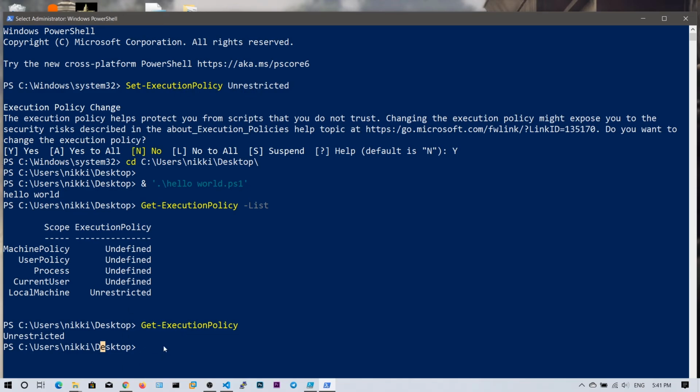So that's how you change the execution policy by using Set-ExecutionPolicy. And I have shown you that method, right, the PowerShell ExecutionPolicy Bypass. That is one of the ways to bypass the execution policy, and you can use that to execute some malicious PowerShell scripts on the victim machine. So that's all for this video, the execution policy in PowerShell.